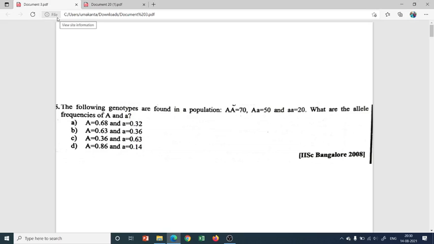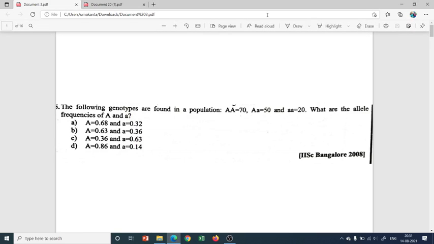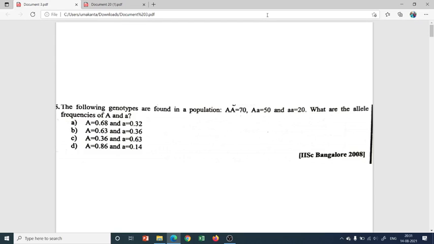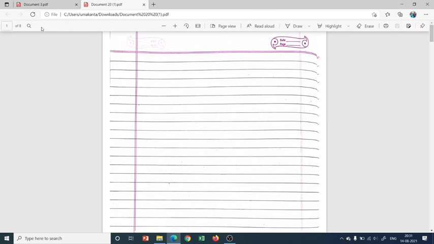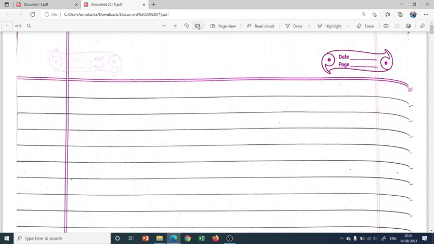So here we are going to solve some numerical questions from population genetics. Before entering into the question, it will be better if you know the basic formulas involved in the Hardy-Weinberg principle and other topics in population genetics. So here we go. We know